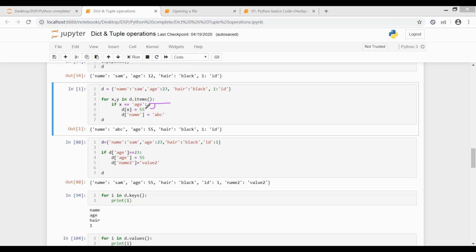So this is something related, you're not hard coding anything. If you change the value of x, then this value will be automatically updated. So if my x here is age, then x will be your age here. So d, and in square brackets you are referring to the key age.